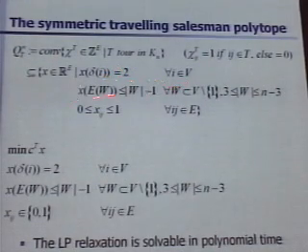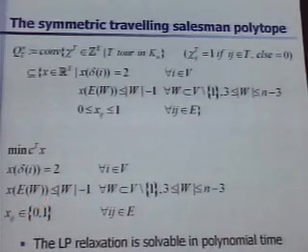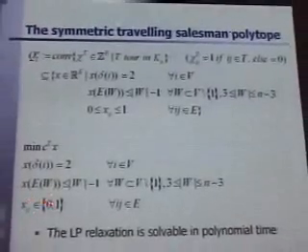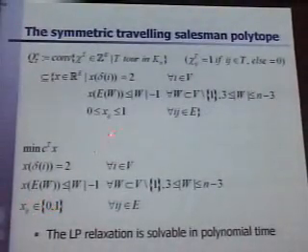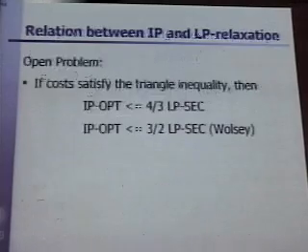And then you have so-called subtour elimination constraints, and that is the so-called linear programming relaxation. And when you look at this linear program and add integrality, then all solutions of that linear program are exactly the tours of the traveling salesman. And if you forget this 0,1 condition and replace it by that, you can solve this linear program in polynomial time, despite the fact that you have about 2 to the n minus 1 inequalities. So that's a big number of inequalities, but you can solve it in polynomial time.